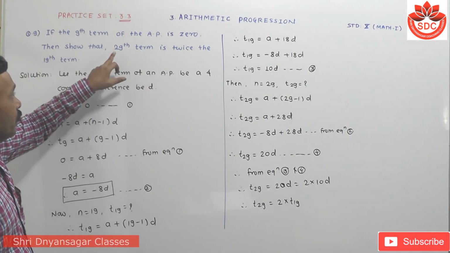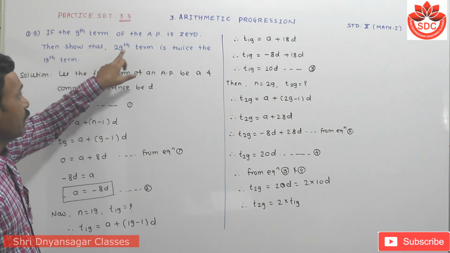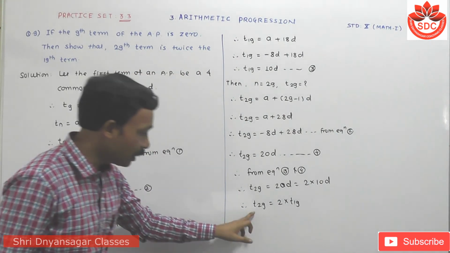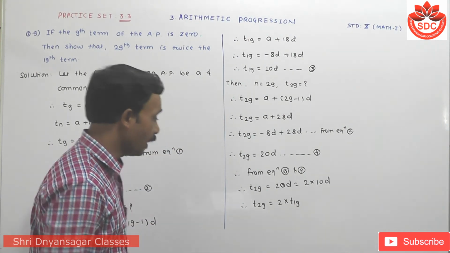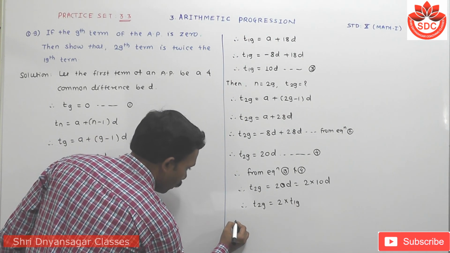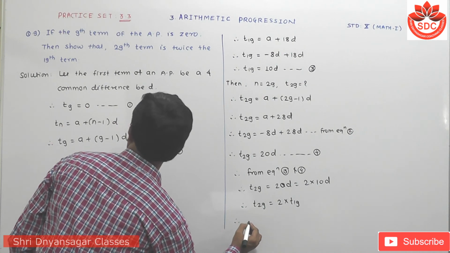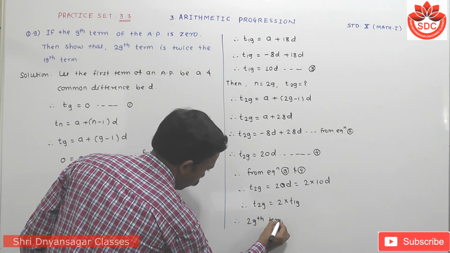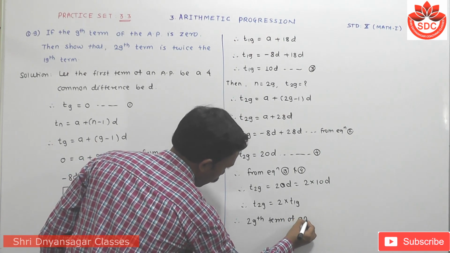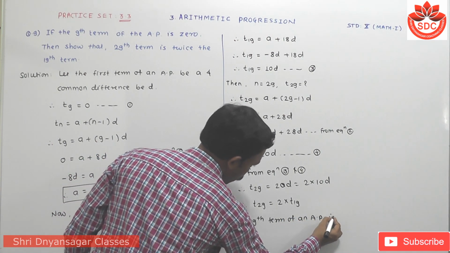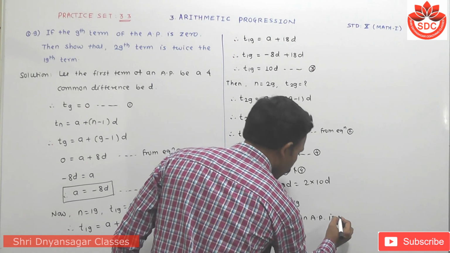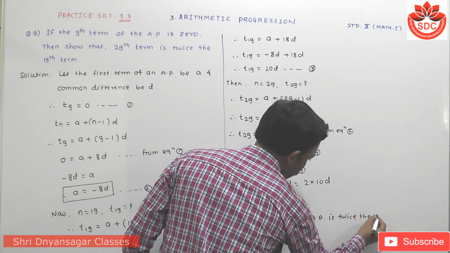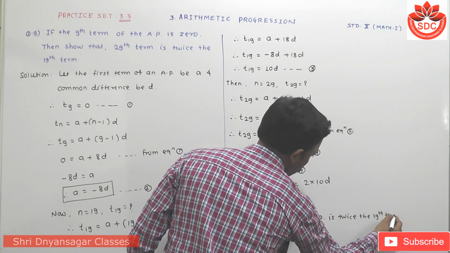Here we have to show that the 29th term is twice the 19th term. So therefore the 29th term of an AP is twice the 19th term. And hence